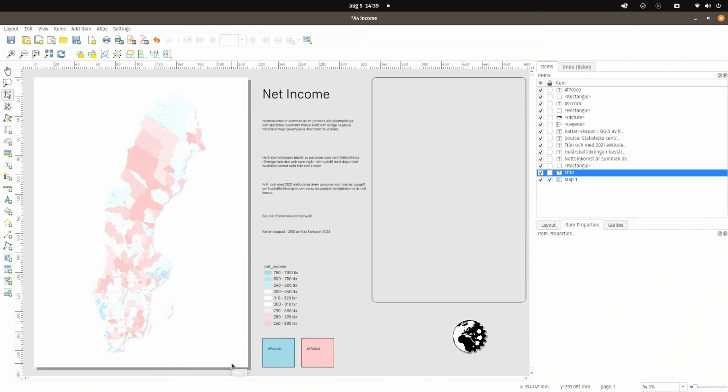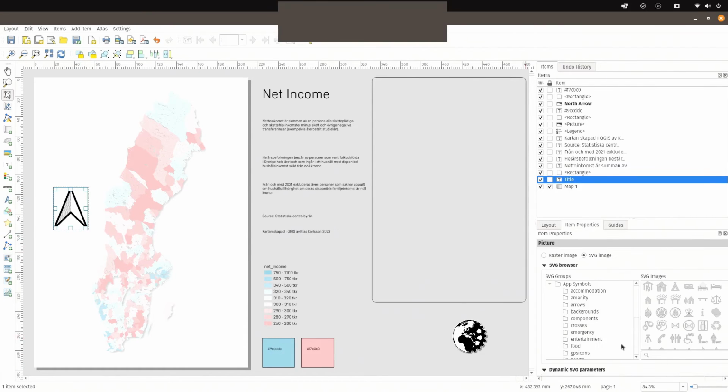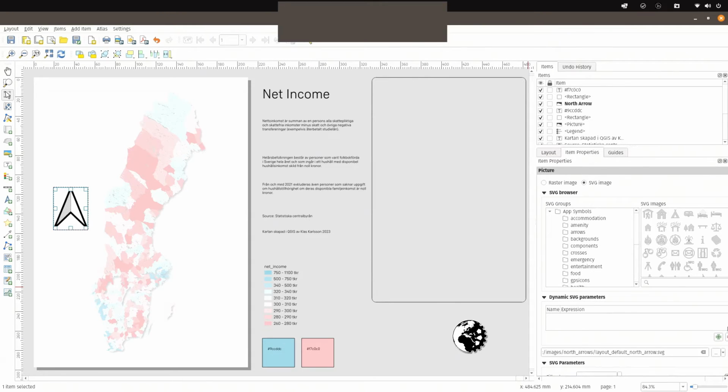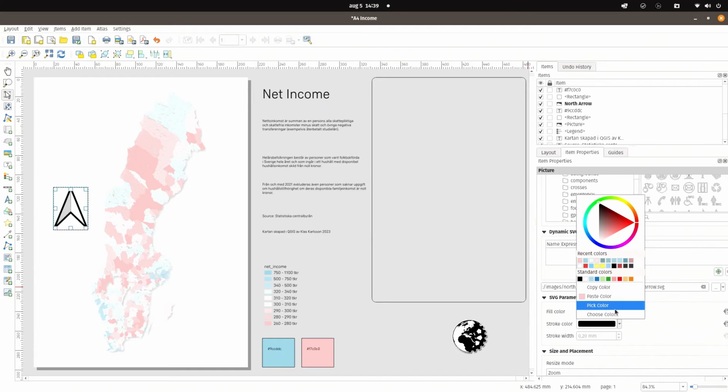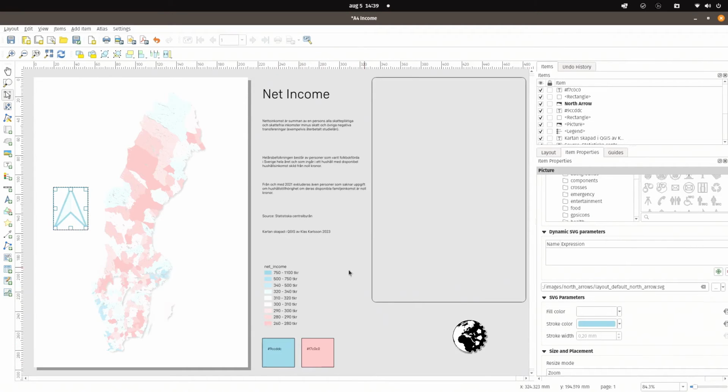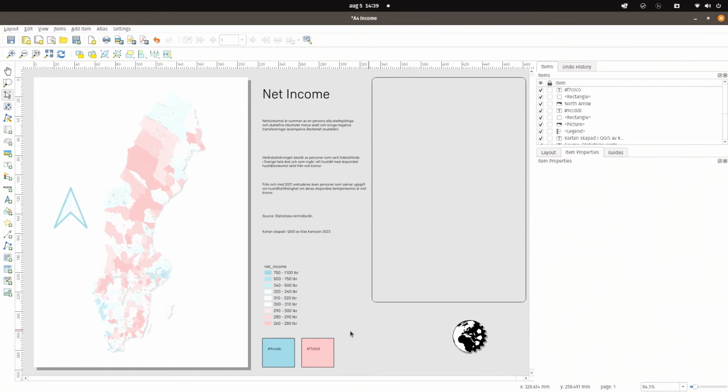But for instance, if I added a north arrow like this, I may want to stroke color, use the same color as I have been using inside the map. Anyway,